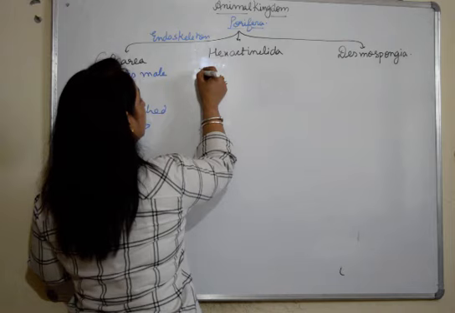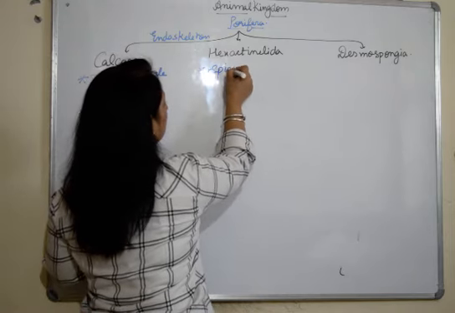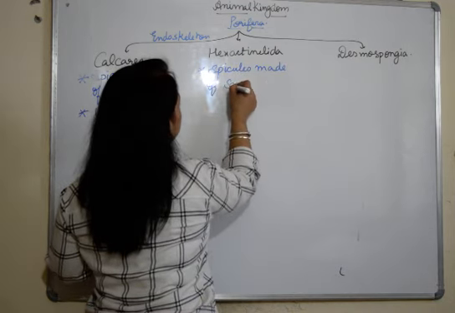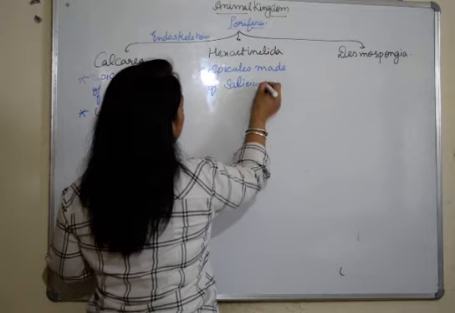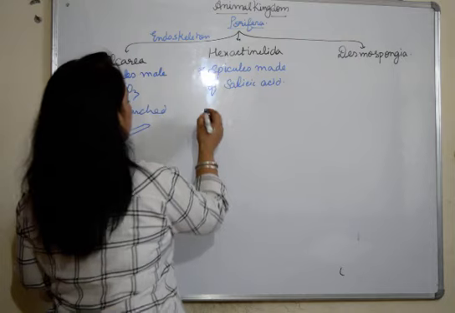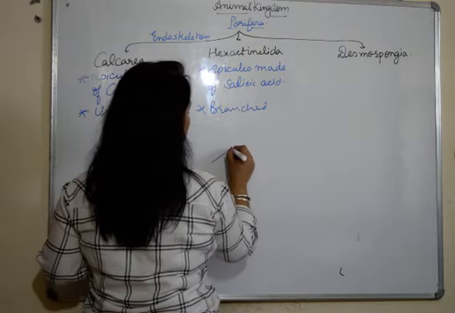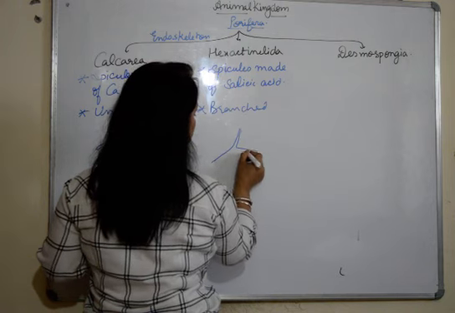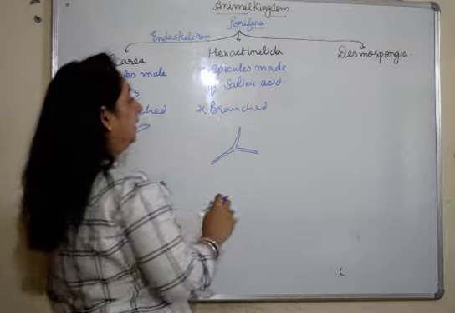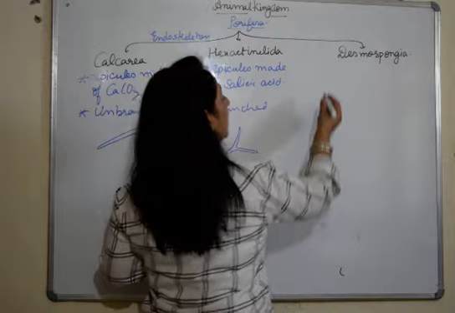Hexactinellida are the ones which have spicules made of silica. Siliceous spicules are there, and they are branched. They are branched spicules. So this is the difference. Fine. Both have spicules in them,